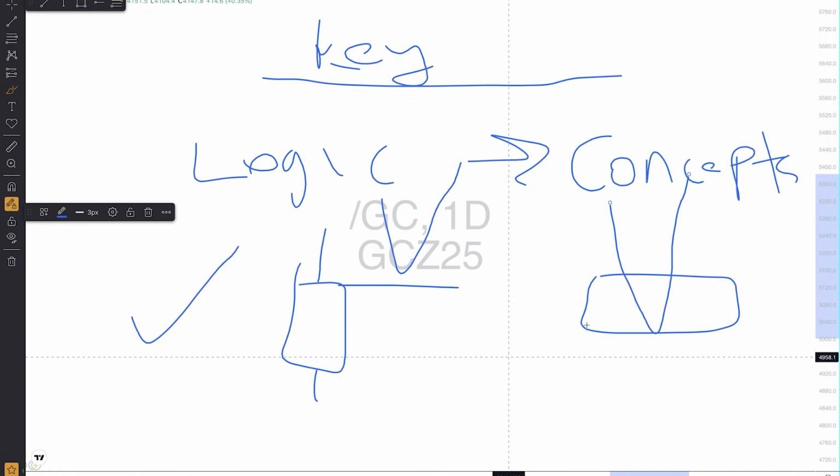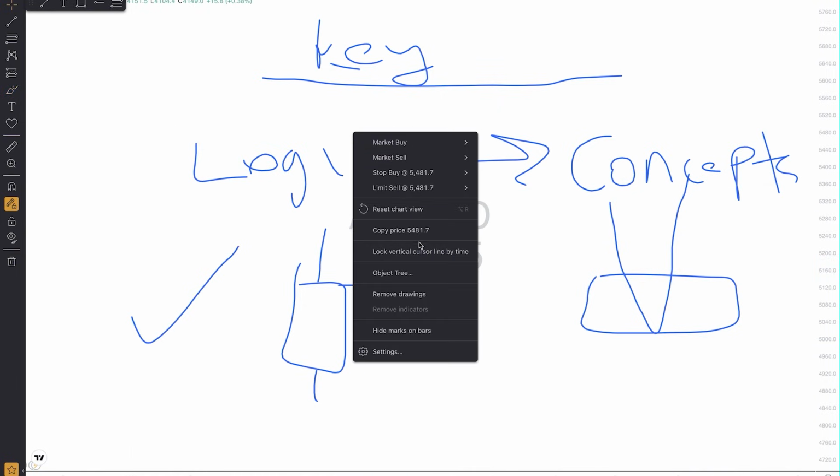It's this logic behind the PDRAs and understanding the jobs and the roles of the PDAs that gives you the language and the communication of what price is currently doing. And if you also understand this, right? This is one of the most important things I want to talk about in this video.